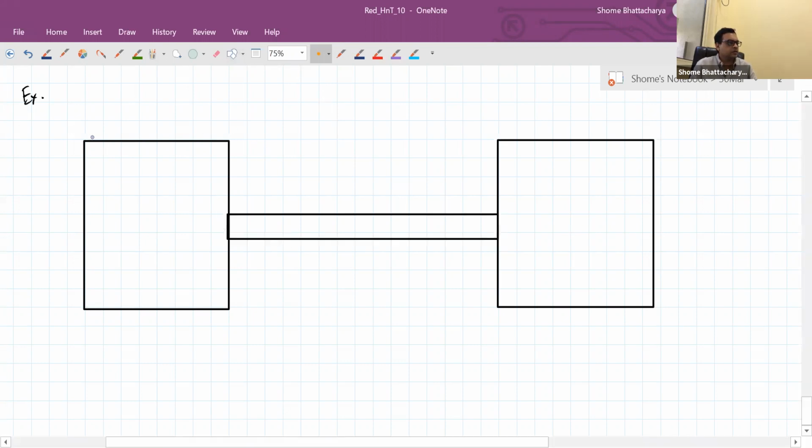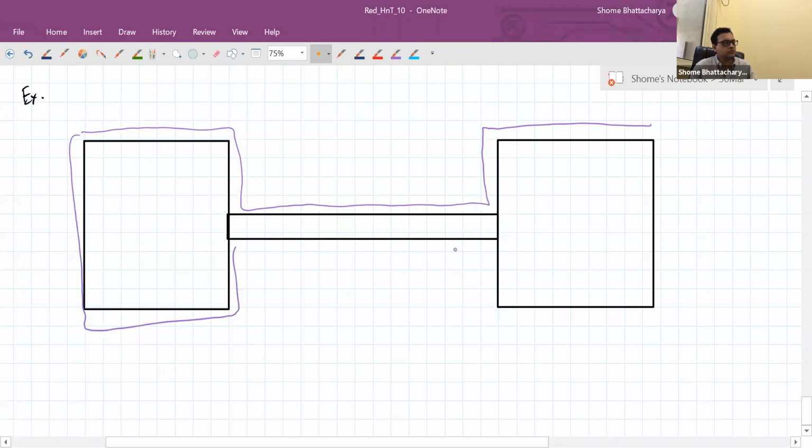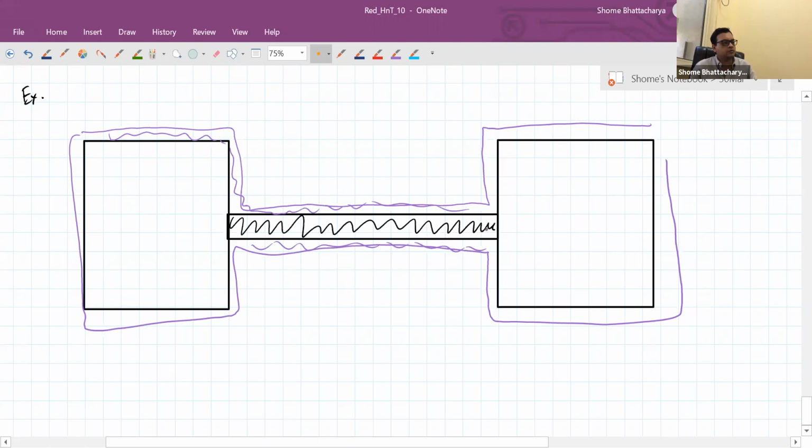And everything else we have kept insulated. So this is a metallic rod